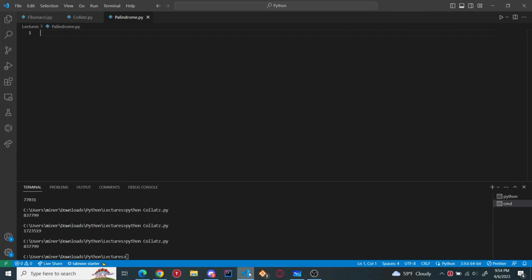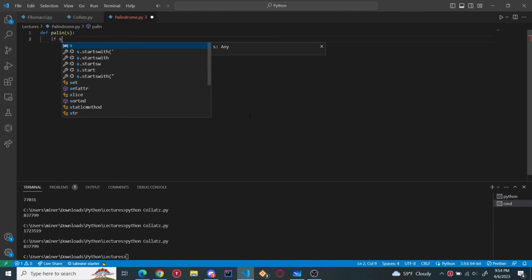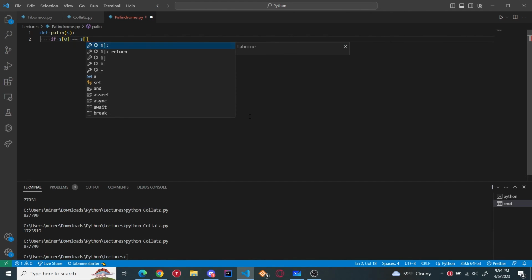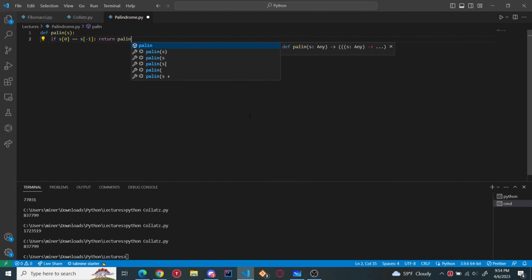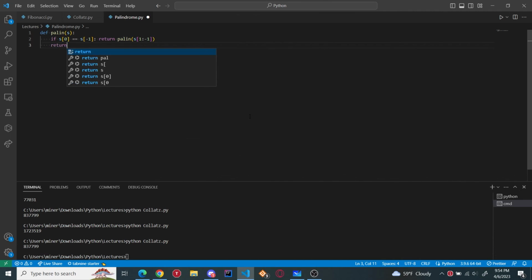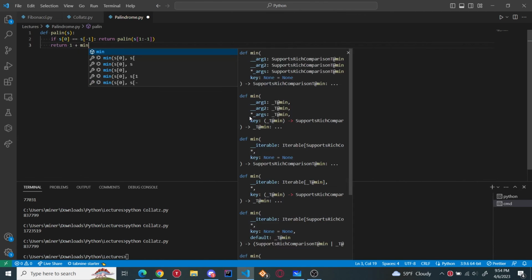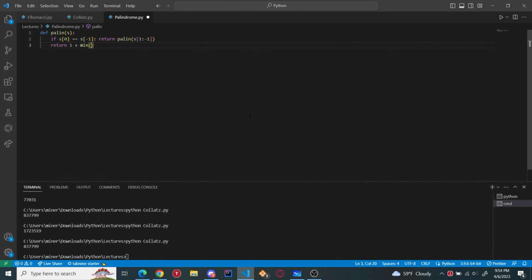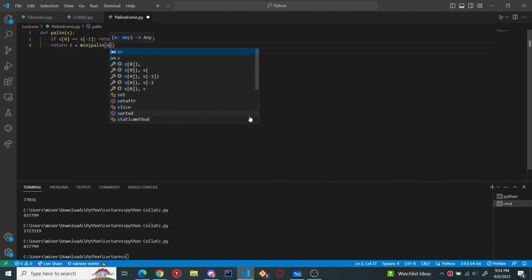Let's give this one a try. If s at 0 equals s at last, return 1 plus the minimum of, since we're looking for the least number of moves, palin of the string. That's going to be,